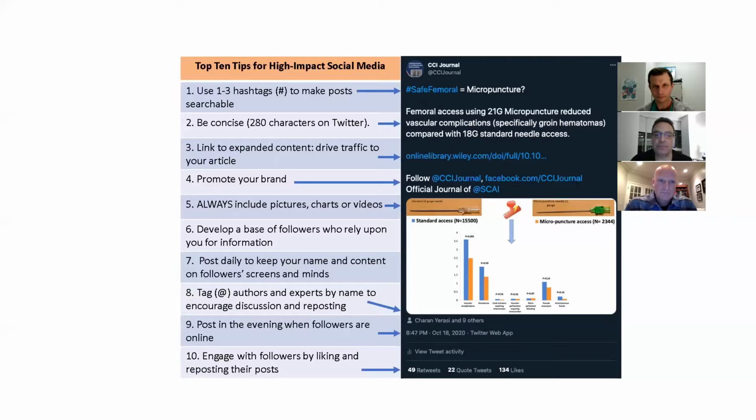The fourth item is to promote your brand. So brands can be, again, your affiliation, your institution, the journal that an article was coming from, a conference that you're attempting to promote or comment on. All of those are part of the brand that you are going to be affiliated with, and build that affiliation